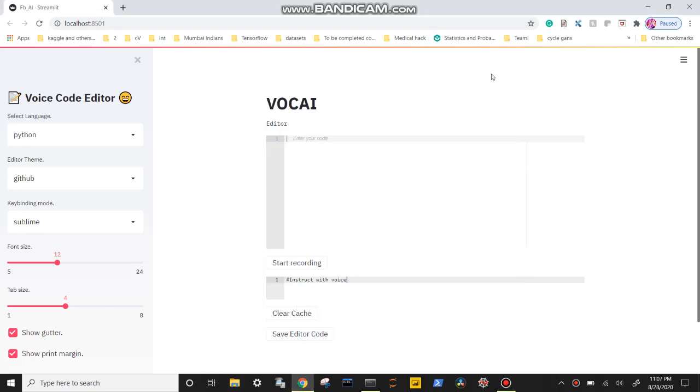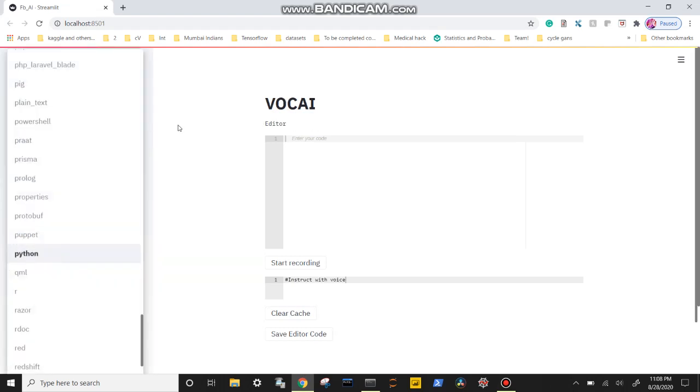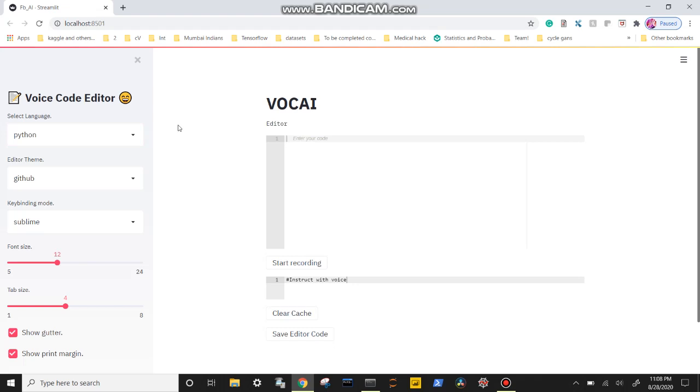Hi, this is our project Workai, a voice-based code editor assistant. It helps you automate typing repetitive and mundane parts of the code and lets you focus on the logic of the application that you're building. It is completely on the web, so there is nothing to be installed or set up. For now, our platform only supports the Python language, and hence you can get any help related to Python code.